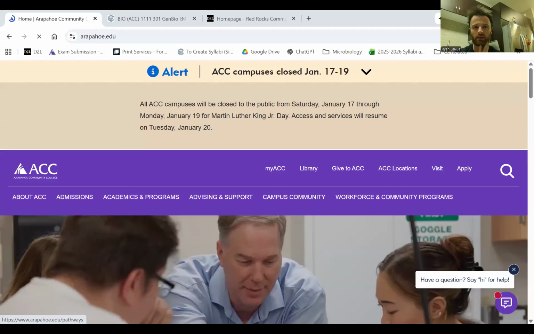Make sure I have it pulled up here. So actually, I'm going to show you first the page that you're probably familiar with, at least a little bit. This is the main Arapahoe website, arapahoe.edu.